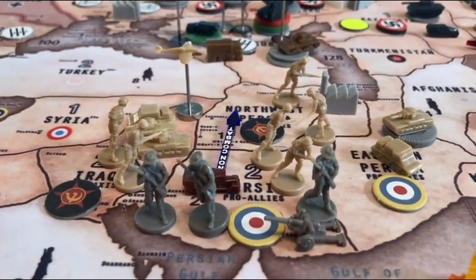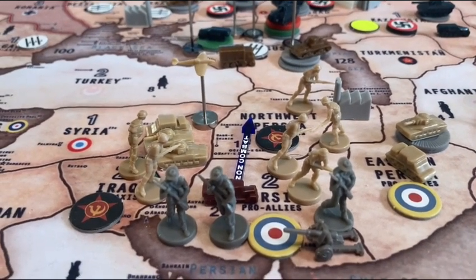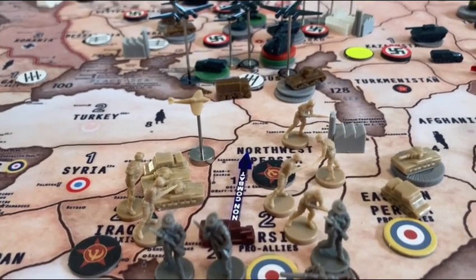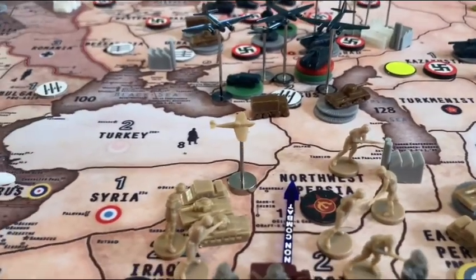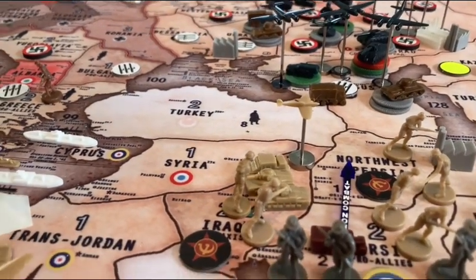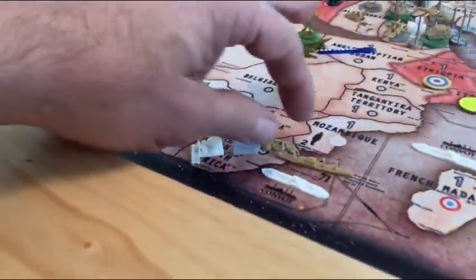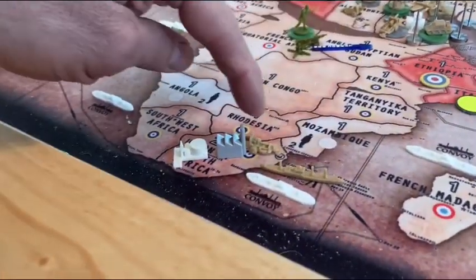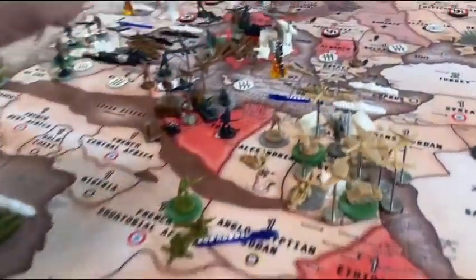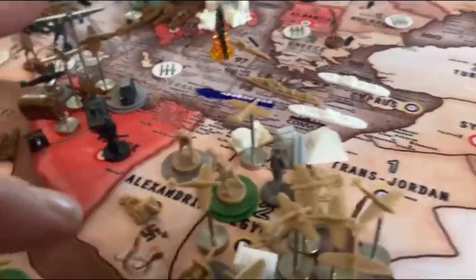Looks like 3 infantry in Persia for the British, 1 mech, Russian mech, and 1 British infantry in Northwest Persia, 1 fighter, 2 tanks, 1 mech, and 2 infantry in Iraq. And then down here, the recapture force, an event, my reserves, 1 artillery and 1 transport. Over here in Egypt, 3 tanks,